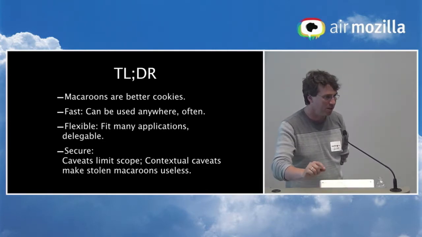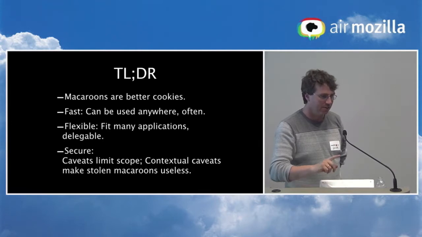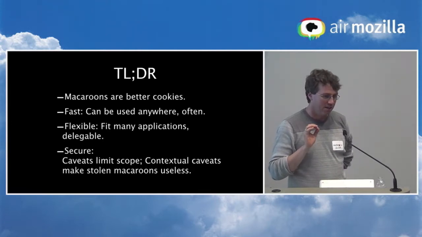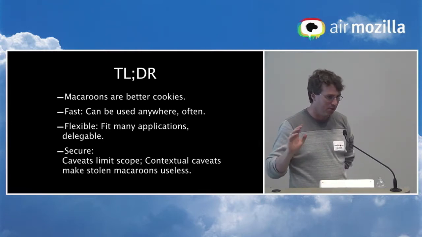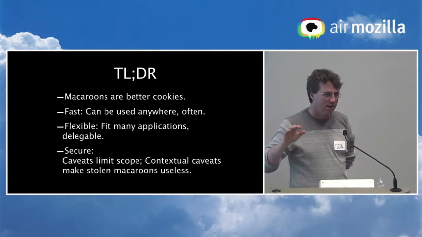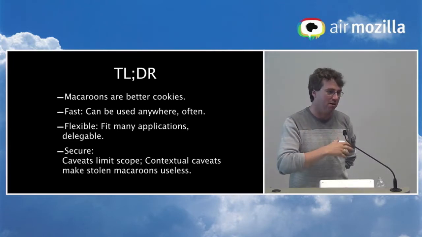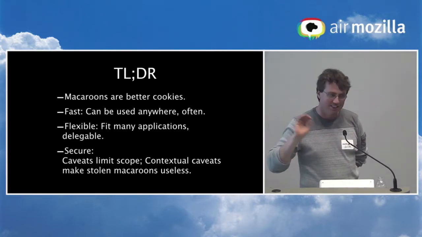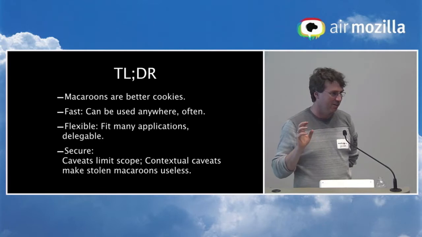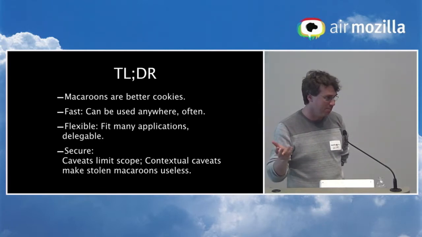Yes. As Eric Rescorla just pointed out, as we propose in the paper and as I've described in this talk, all of the caveats have to be true. So if you have a limiting caveat that only allows access on Tuesday, you can add a caveat that says, oh, but throughout the month of January, you're fine. It still only gives you access on Tuesdays. And those Tuesdays might now be in January.